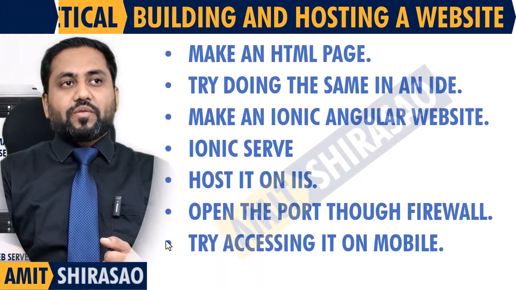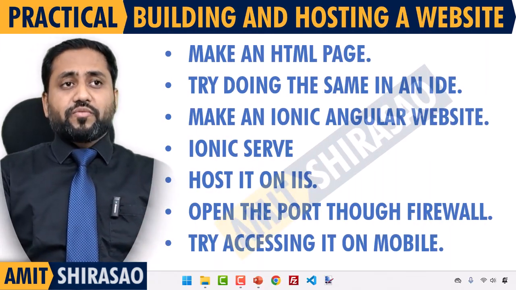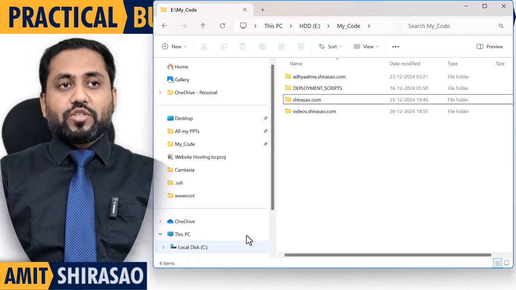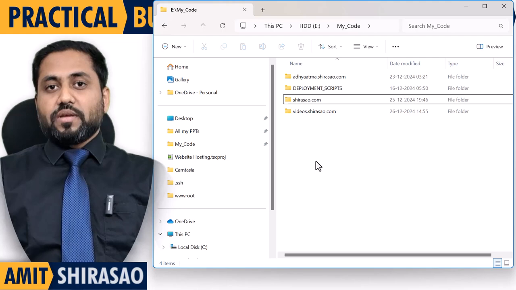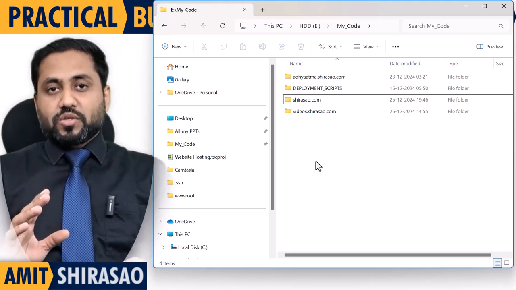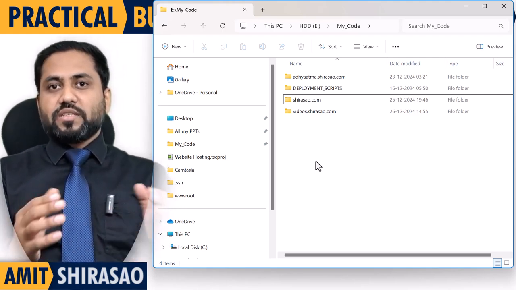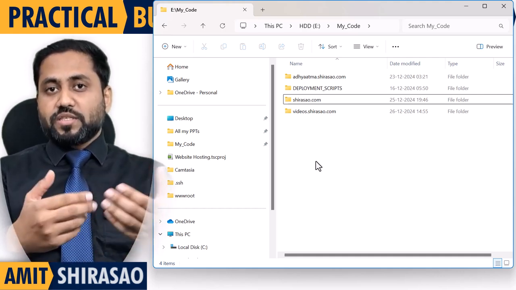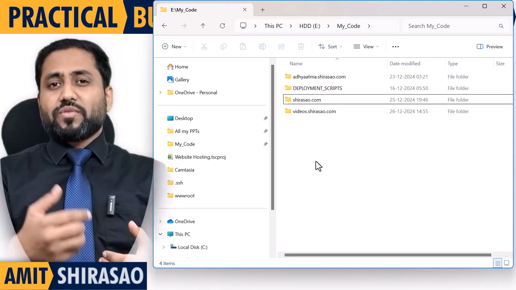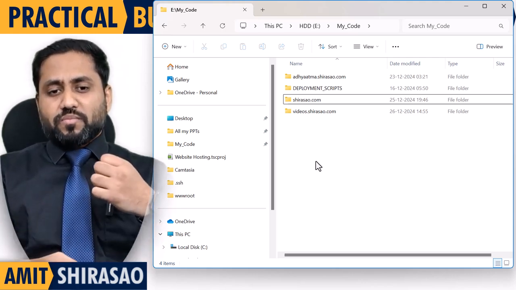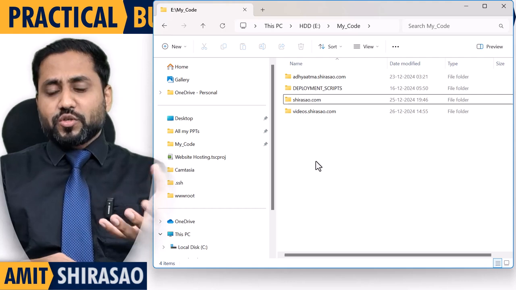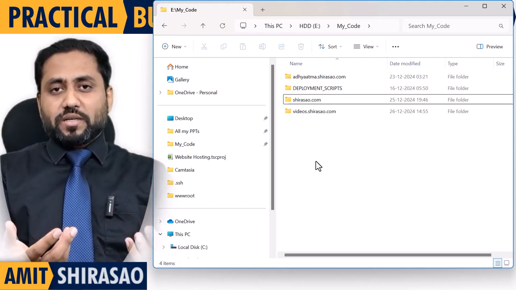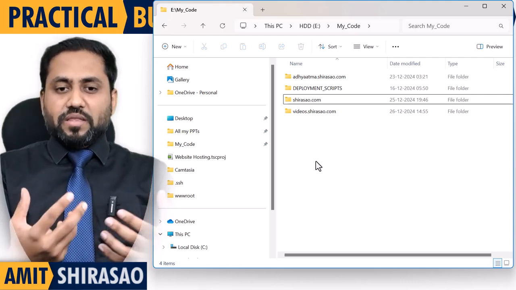Now let us have a practical session wherein I will demonstrate how to create a website. As I told you, the browser understands only 3 things: HTML, JavaScript, CSS. So what is a website? A website is basically just a folder containing these files: HTML, CSS, JavaScript. It can also have images, audios, videos, all JSONs, but all these things are raw data. They never get compiled. The main thing is